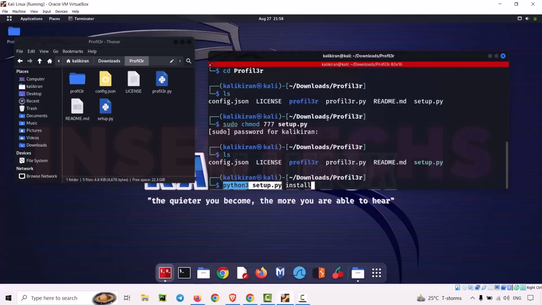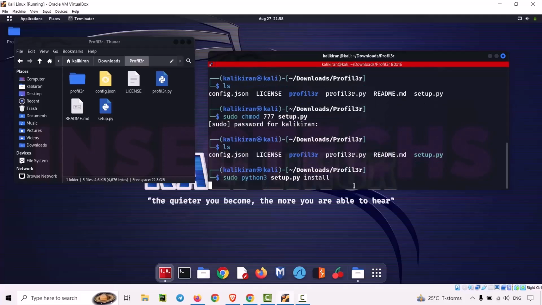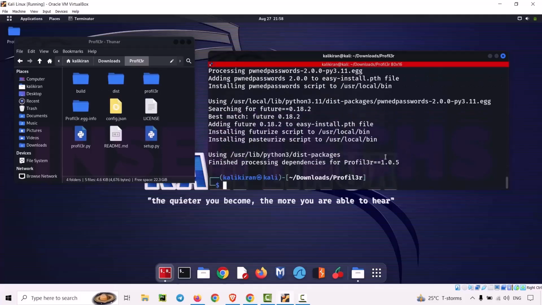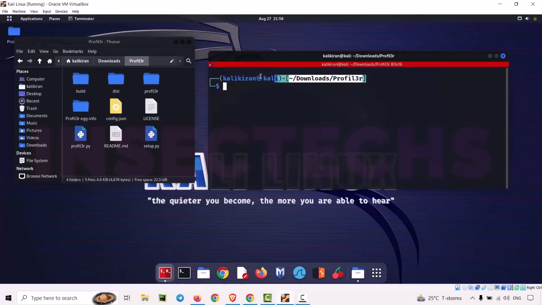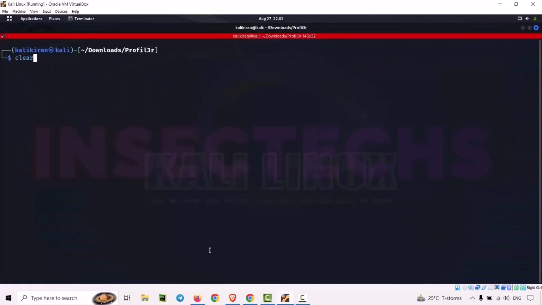Paste the command, sudo python3 setup.py, and type install and hit enter. So setup is going on, and let me clear the screen. Now I am in the profiler folder, inside Downloads I mean. Now let me execute the command python3 profiler.py